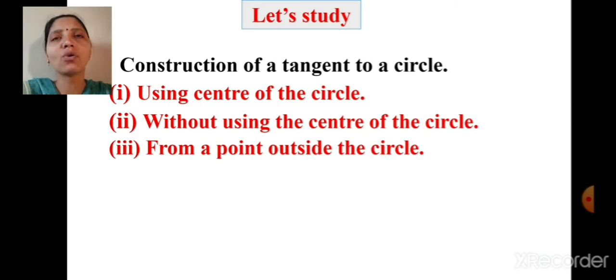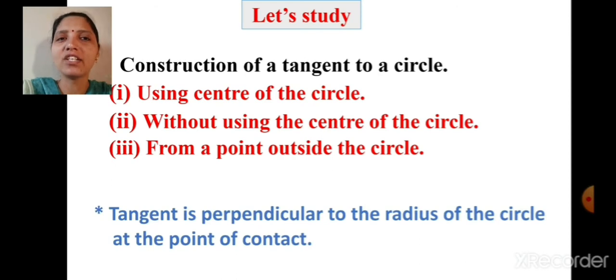Can you remember what a tangent is? Yes, a tangent is perpendicular to the radius of the circle at the point of contact. We have seen this definition in the third lesson, that is, Circle. So the tangent is nothing but a perpendicular line drawn on the radius of the circle. So let's start with practice set 4.2.